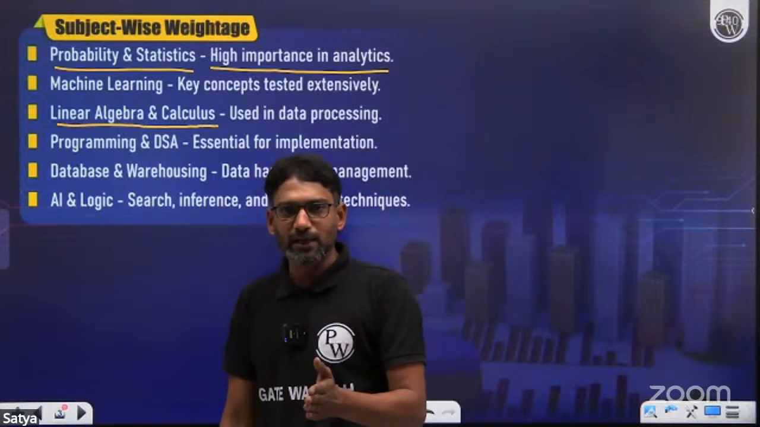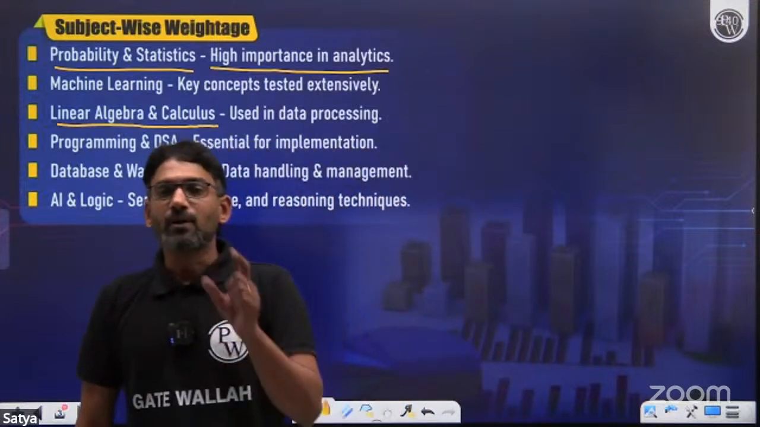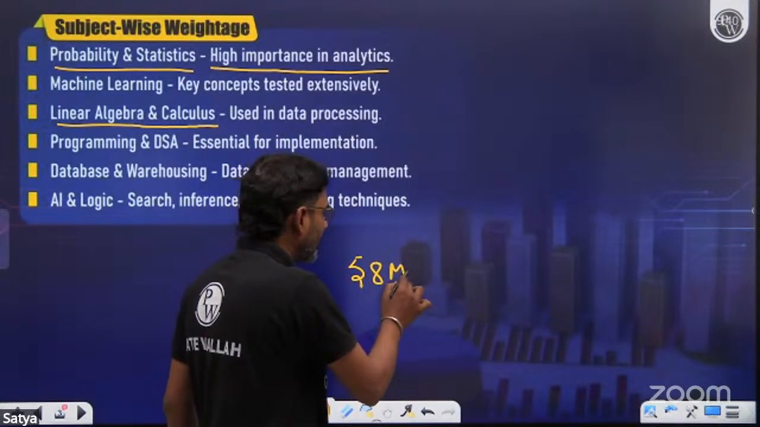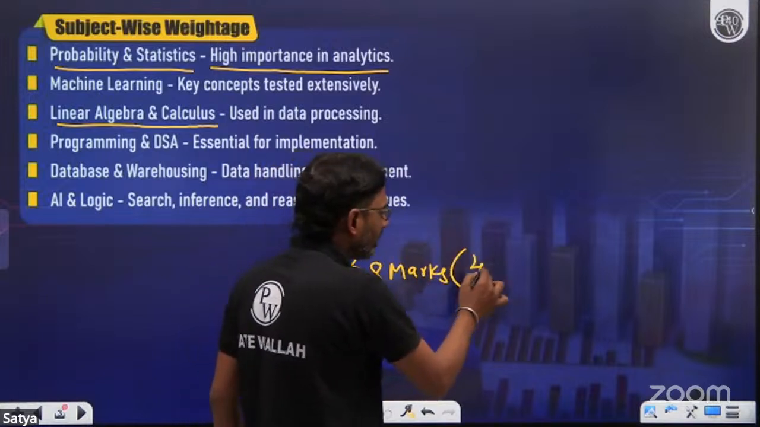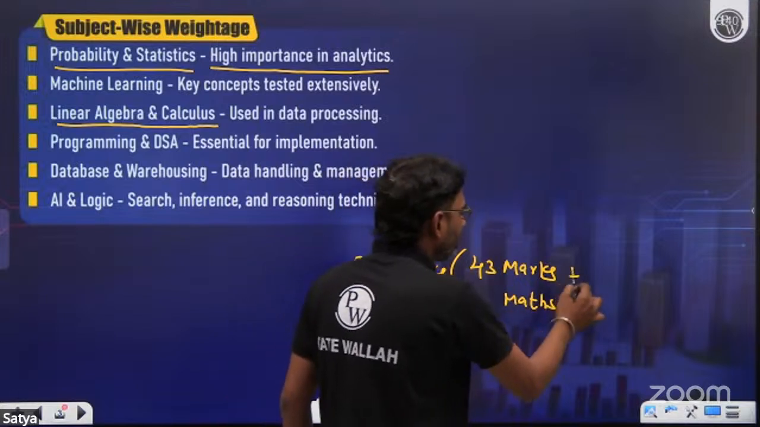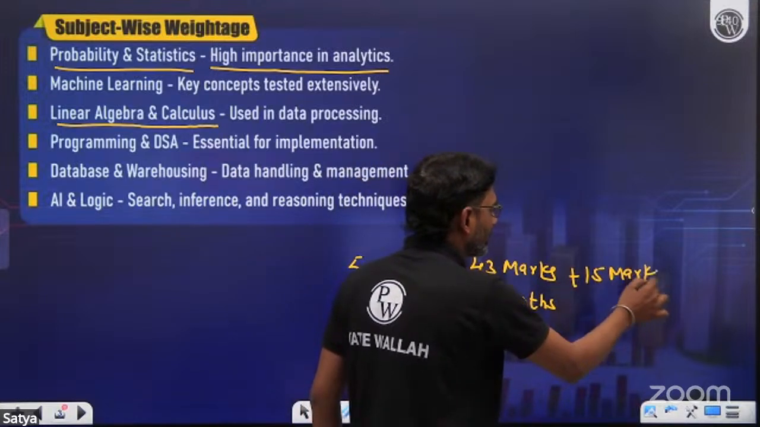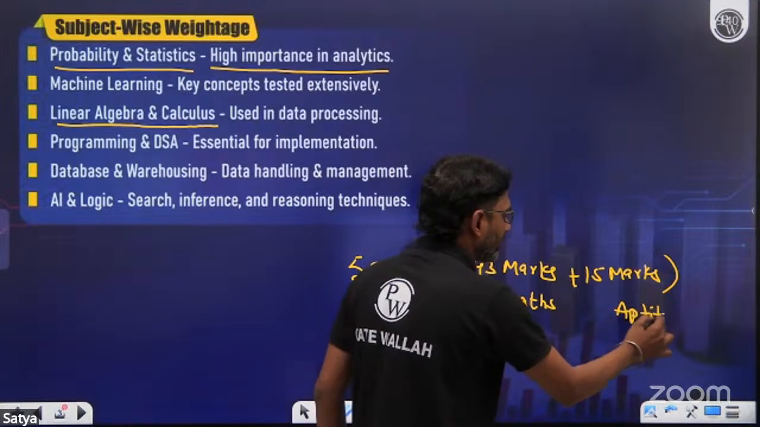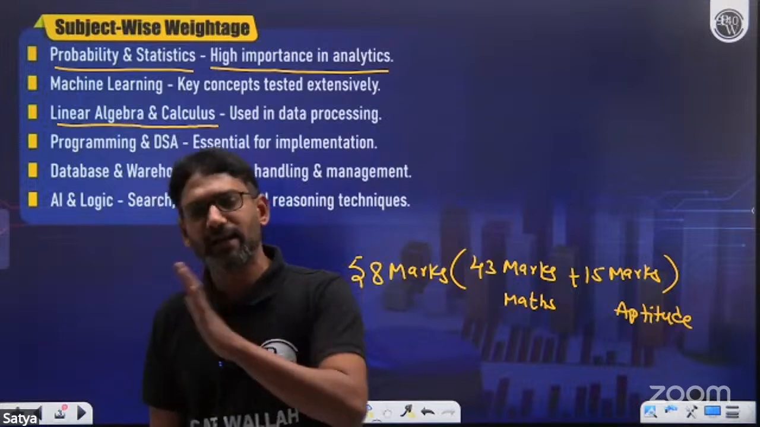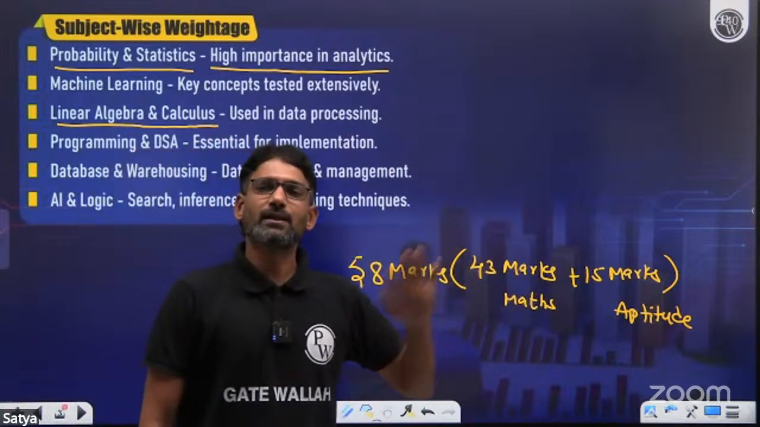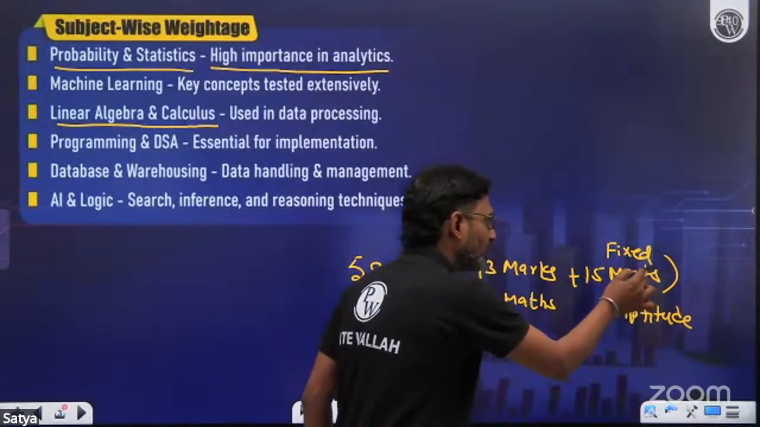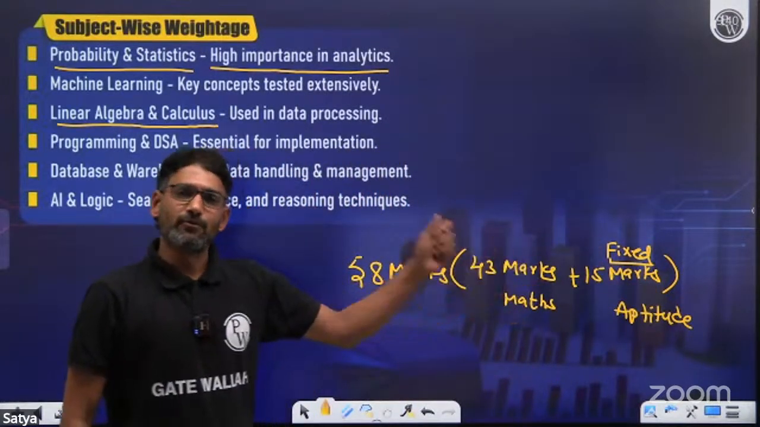In this 2025 year, just mark this, 58 marks, that is including 43 marks of maths and 15 marks of aptitude. Okay, sir, this year also, 2026 or the years ahead, will this be the same weightage? That we cannot say, but aptitude is fixed weightage, that we all know. For mathematics, whether 43 will come,